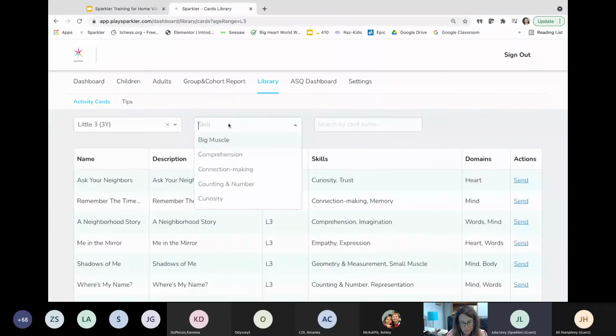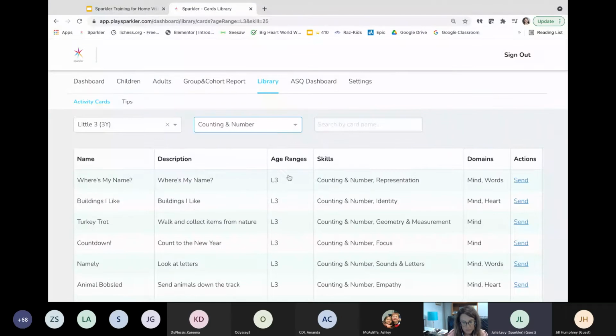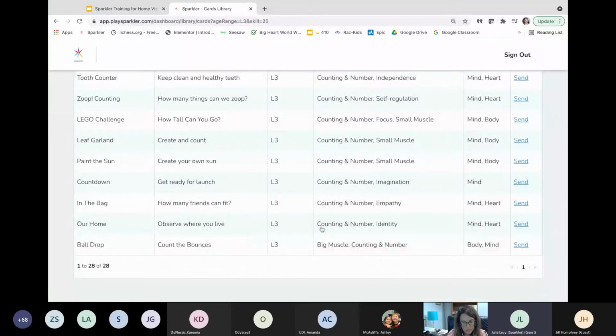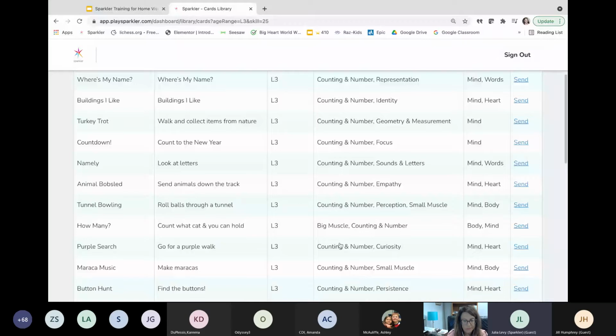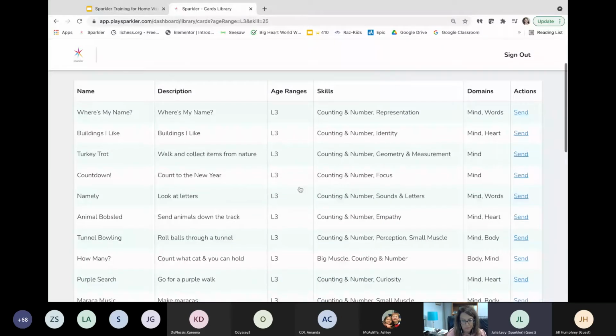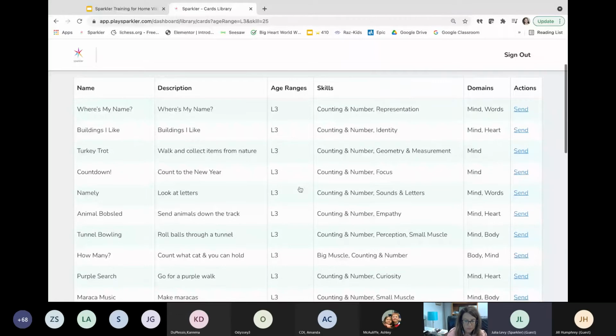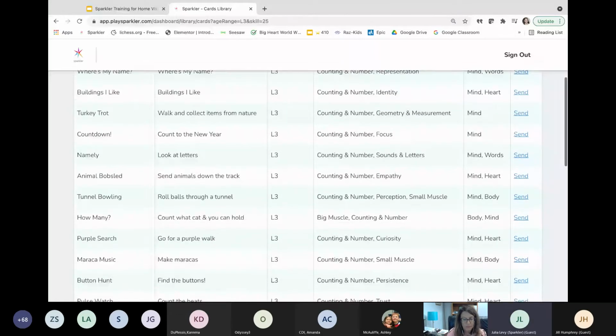You could filter in that way as I just did at the top, and then you see a list of activities we have within the app that you can then share with the parent so that they can work on that skill with their child. So you might click on how many count,